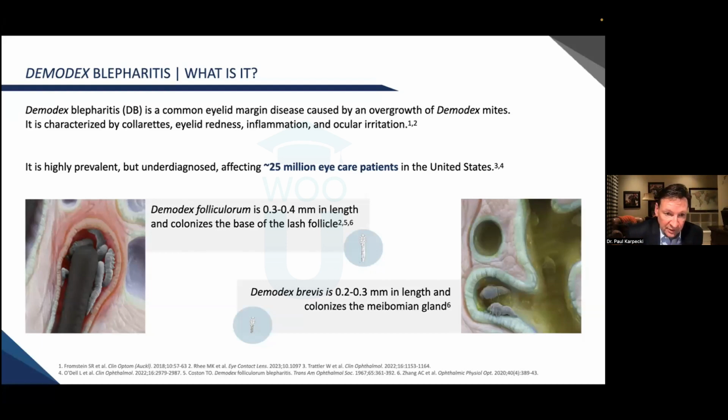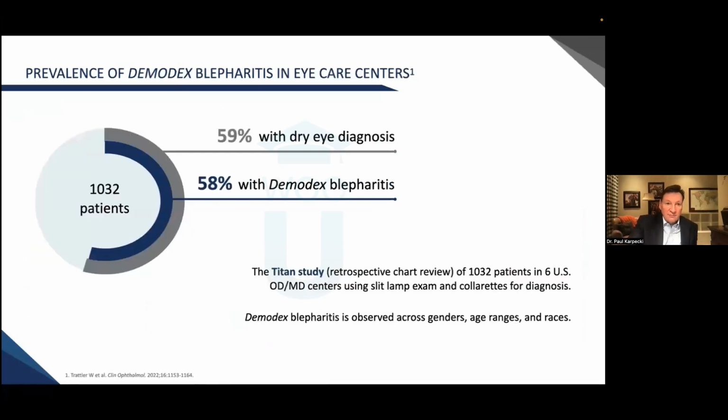Those are pretty disgusting pictures, but they really do describe what's going on. It's the most common ectoparasite on the human body by far, and it overpopulates in a lot of patients. In fact, this drug, which we're going to talk about, first came out of veterinary medicine. Dogs who have mange, that's just Demodex infestation. What's amazing is this drug has pretty much eradicated Demodex in the veterinary population, in dogs. And now we have an eye drop form that's very comfortable and tolerable, that we're going to talk about as well.